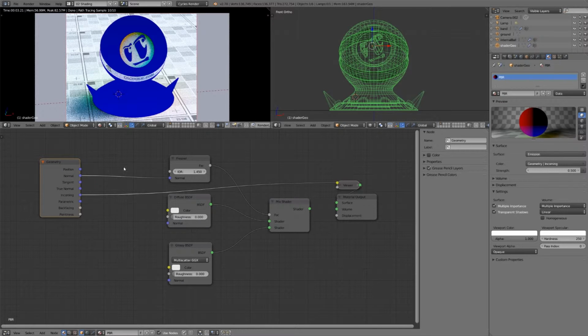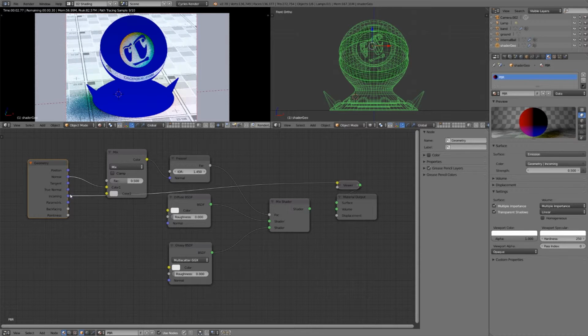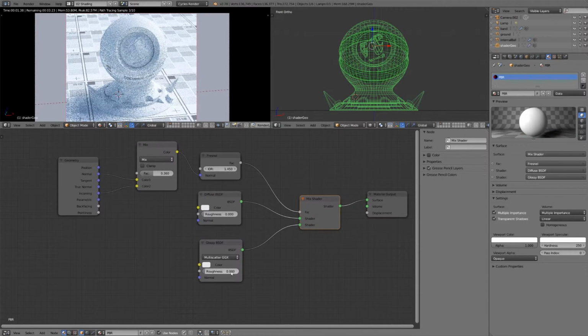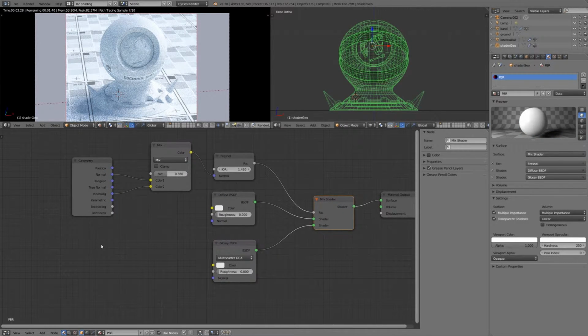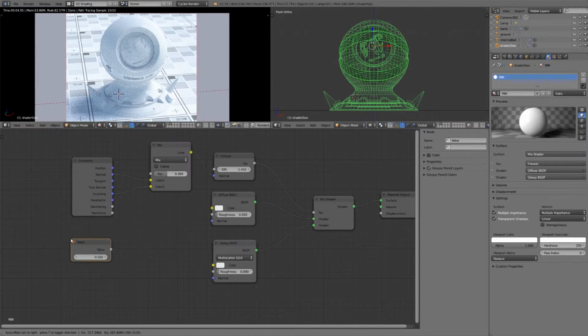We can do that pretty easily with Shift-A and Color, Mix RGB. Plug in the normal for the top value and incoming for color number 2. And as long as this factor up here and the roughness value of the glossy are exactly the same number, then things are behaving exactly as they should. So in order to get those numbers the same all of the time, let's control them all with one value. We can do that with Shift-A, Input, and Value, and just take this and plug this into both the factor